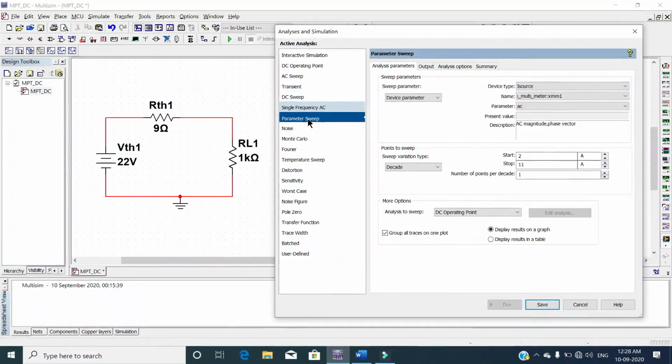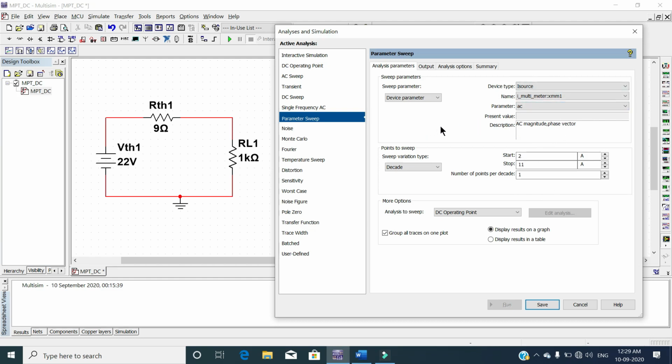Now, with this Parameter Sweep analysis, you can verify the operation of the circuit by simulating across a range of values for a component parameter.